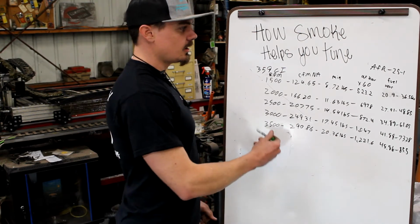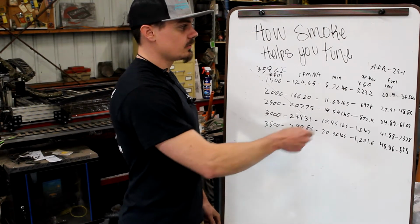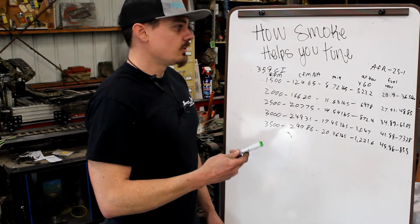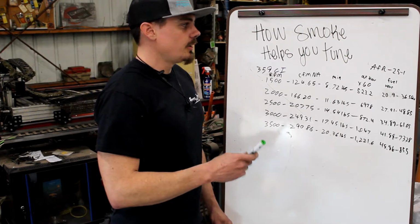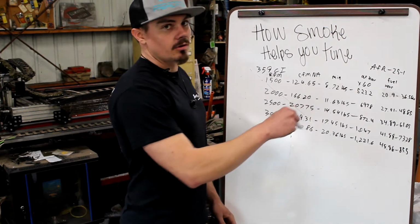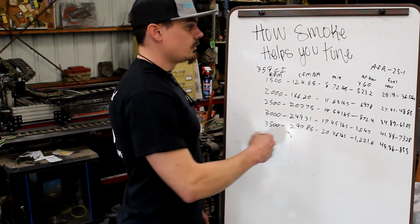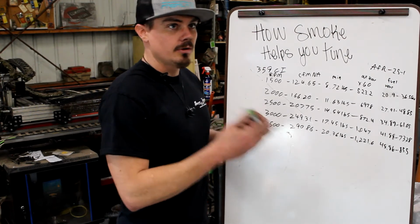A real common thing that I see online a lot, towards the ported heads and stuff, is a lot of people that port heads will say, before we ported the head, it took 80 pounds of boost to make 800 horsepower, and now with the head ported, it takes 40 pounds of boost to make the same horsepower. What they left out of what they're telling you is that after they ported the head, they rev the engine twice as high. So there are things that are not put into context to help sell a product,